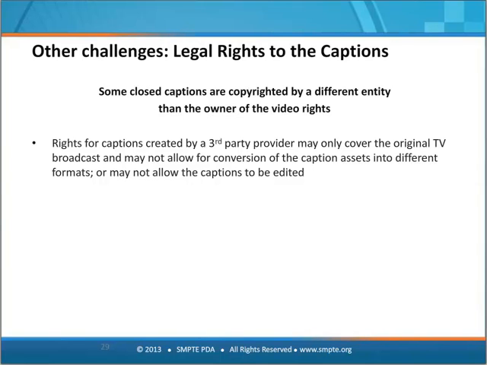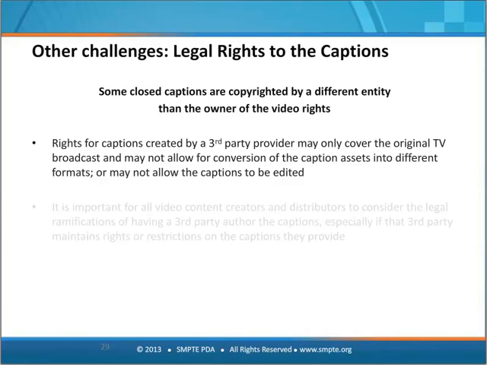Another real quick one I want to talk about, legal rights to the captions, because I've had some clients come to me very upset because of this issue. There are some caption providers out there, caption service companies, that when you farm the captions out to them, they do the captioning for you. Your contract with them may specify the captions are only licensed to you for TV broadcast. You may find out that you have a library of closed caption files that you are perfectly within your rights to use for TV broadcast, which you legally cannot use on the web because you don't own the copyright or the rights to those. It sounds bizarre, but this is actually pretty common from my understanding.